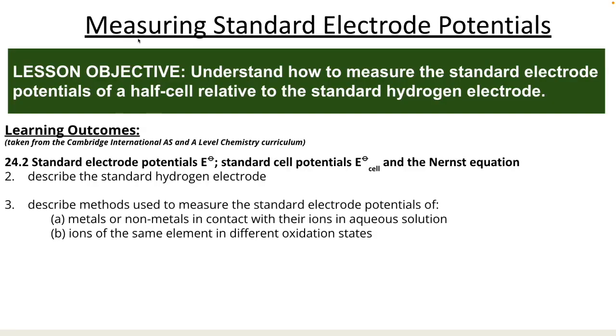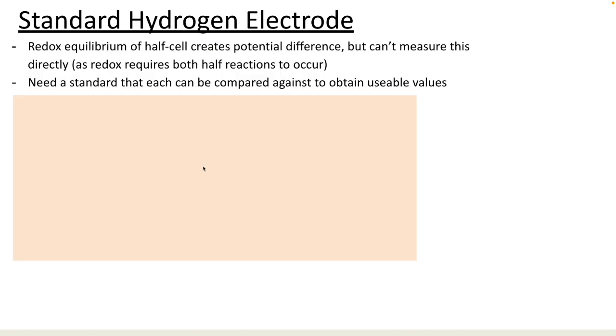Welcome, let's continue our look at electrochemical cells. Today's lesson, looking at measuring standard electrode potentials. We're going to understand how to measure the standard electrode potential of a half cell relative to the standard hydrogen electrode. Last time we were talking about electrochemical cells, specifically the galvanic cell, where if you've got two half cells,